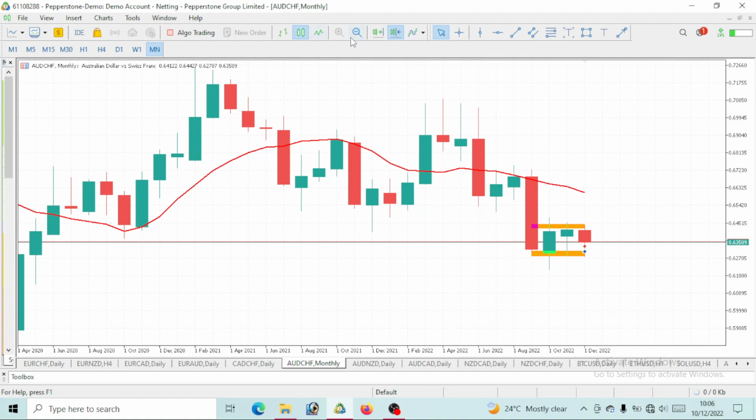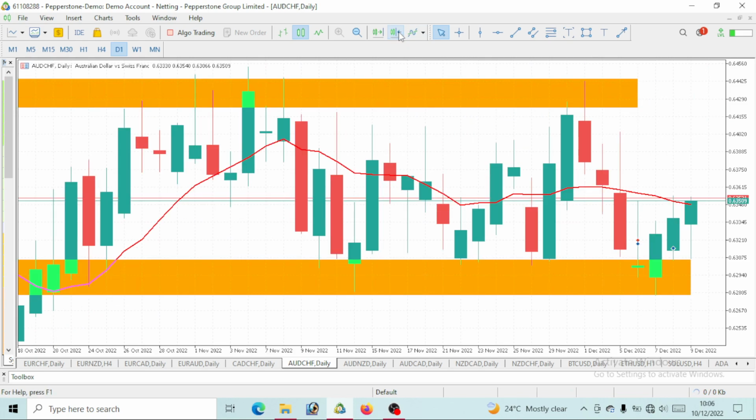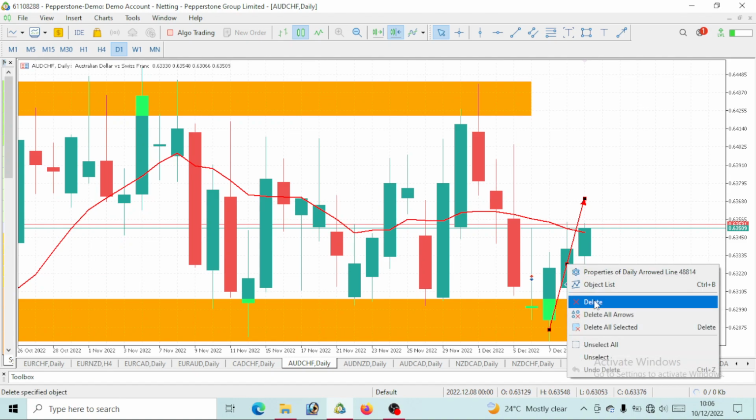So, last week we did analysis on AUD pairs, especially AUD Swiss franc, AUD New Zealand dollar, and AUD CAD. I told you guys that on AUD Swiss franc we would expect a bullish move to play out, right? Take a look at it. We had a bullish move on Tuesday, also on Wednesday, Thursday, and even Friday. Price opened and closed bullish. So we would want to know where this price will be moving this week.